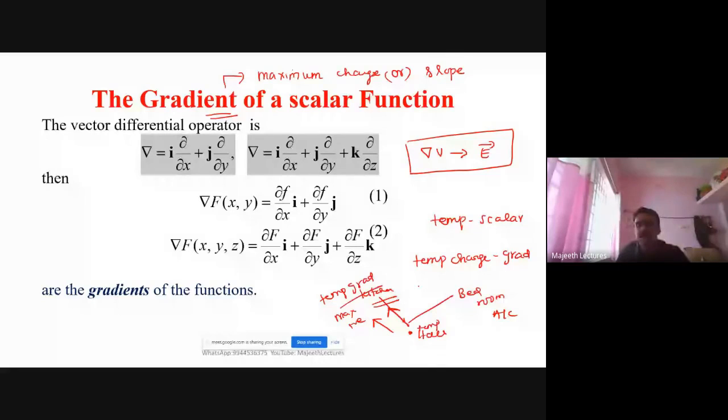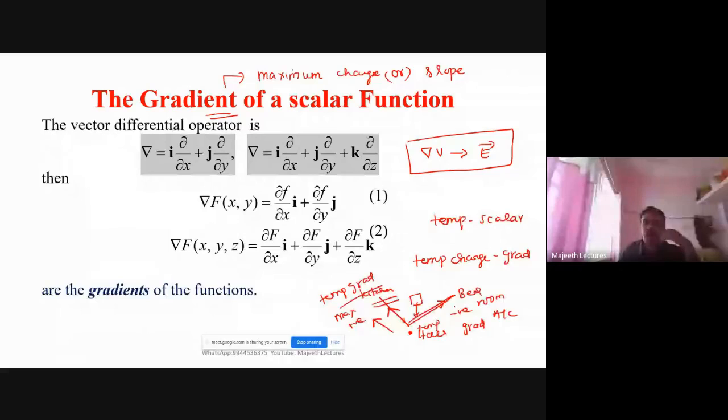Suppose I ask you to go in the direction of least change, of negative maximum change. In which direction will you go? You will go in this direction, because compared to the hall, the bedroom with the AC has very low temperature because the AC is running. So this is the negative gradient, because you are going towards the direction of maximum change. There may be some other hall which has a temperature closer to this hall's temperature. So if you go towards the kitchen, you are going towards the direction of maximum change in temperature. If you go towards the bedroom with the AC, you are going towards the direction of least temperature. Both are positive maximum, and this is negative maximum.